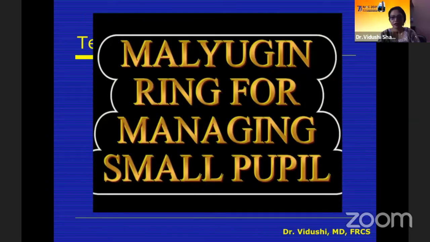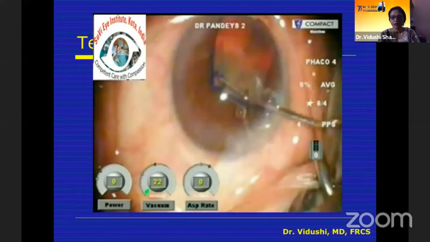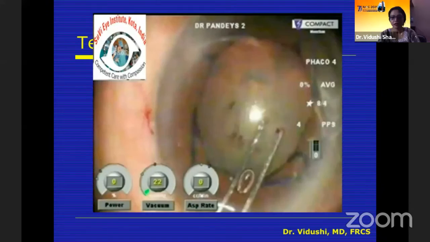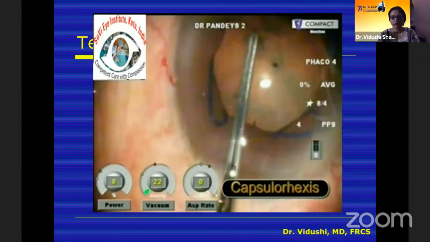So the advantage is you can introduce it through the main incision itself, and then as the Malyugin ring enters the anterior chamber, the first three scrolls can be easily put in to engage the iris, and then we take a second instrument and ensure that there is a uniform pupillary dilatation. The other advantage is that it protects the pupillary margin all 360 degrees. So there's hardly any risk of catching the iris while doing your maneuvers during the cataract surgery.